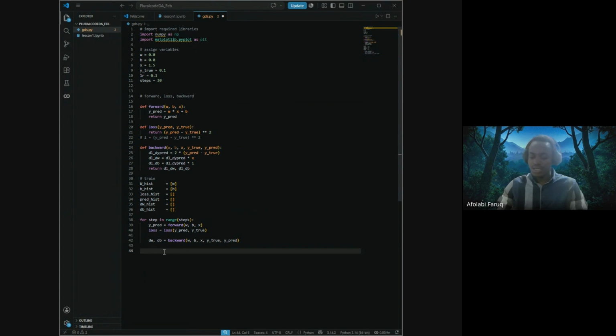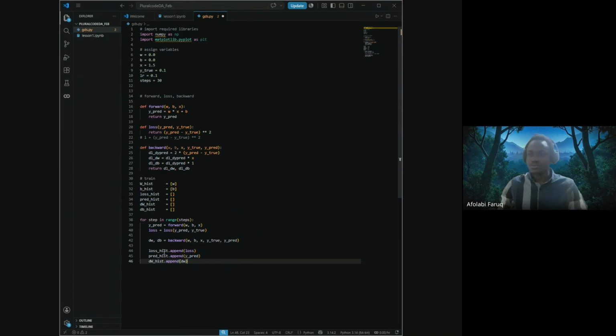So loss, what do you call it now? Loss is dot append loss, right? What else? Prediction history dot append, what's that? Y true. Sorry, y pred. That's y pred prediction history. It's appending y pred. Sure. Then the next thing is dW_est. That's the gradient update on the weight. dW_est dot append